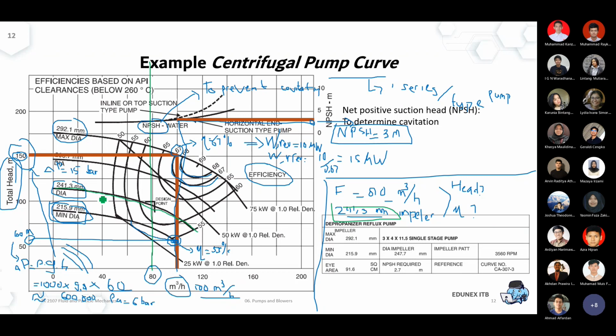So I think the head is around 90 meters, right? Okay. And the efficiency is somewhere around 61, I guess. Okay, so that's your head. You simply have to draw the horizontal line to the y-axis. So that will give you roughly around 90 meter. Okay, 90 meter, that means pressure differential for water will be roughly 9 bar. So if you put it 1 bar, then it will exit at 10 bar.